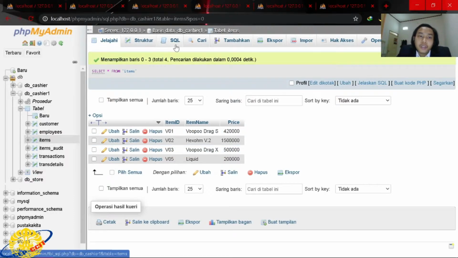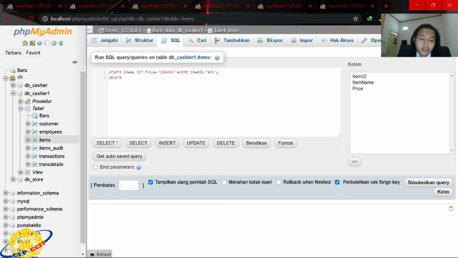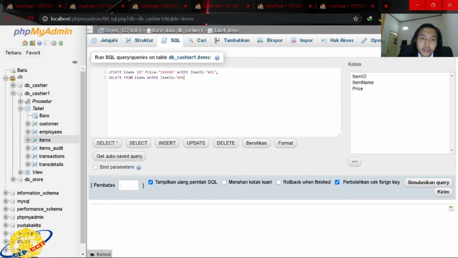And then how about the delete? This is delete from table names where item ID is V05.